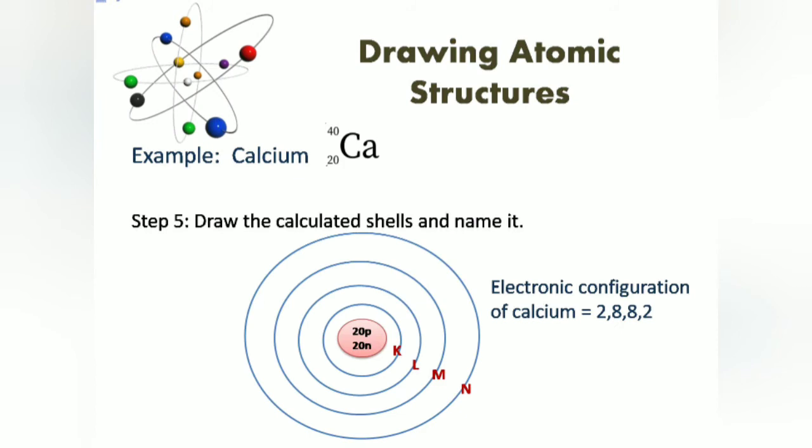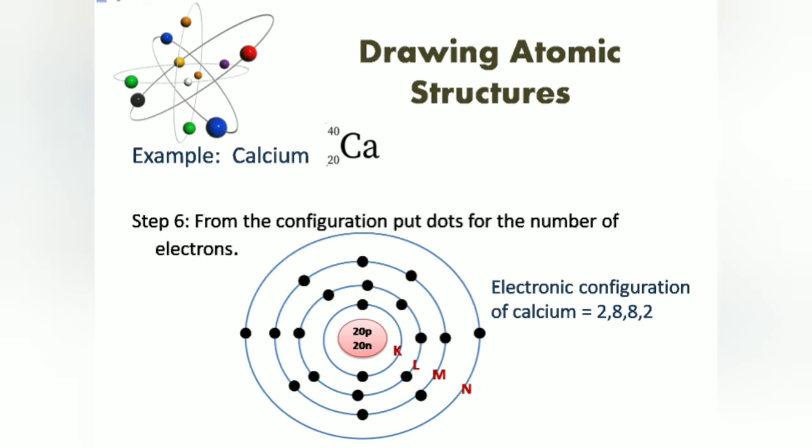And we had calculated that there are 4 shells in calcium. So we'll draw 4 shells around the nucleus and name them as K, L, M and N. Then from the electronic configuration, we can put the dots for the number of electrons. Calcium's electronic configuration is 2, 8, 8, 2. So we'll put 2 dots in first shell, 8 dots in second shell, 8 in third shell and 2 dots